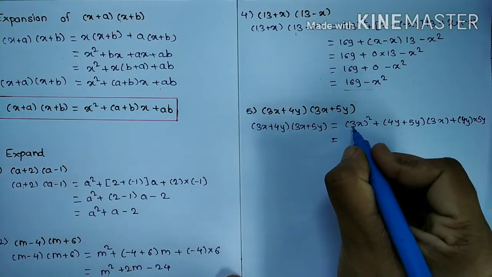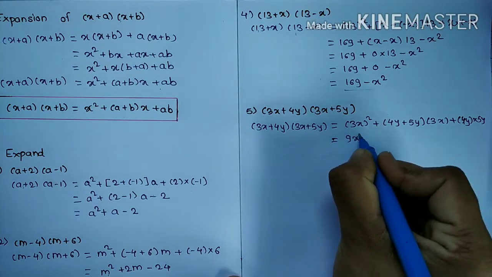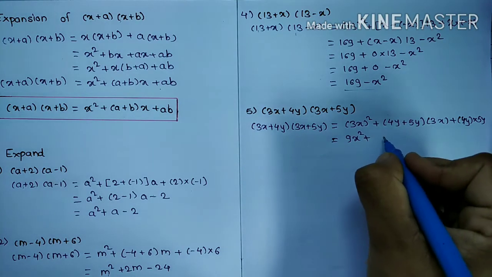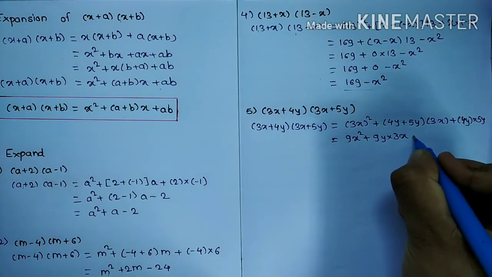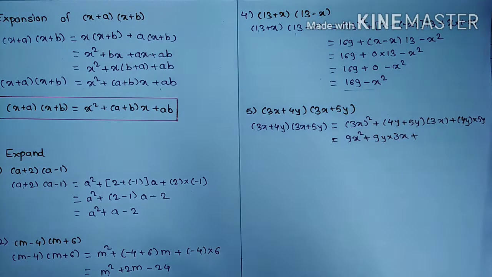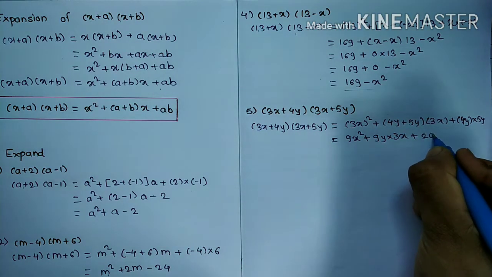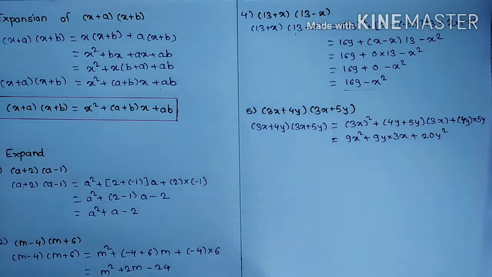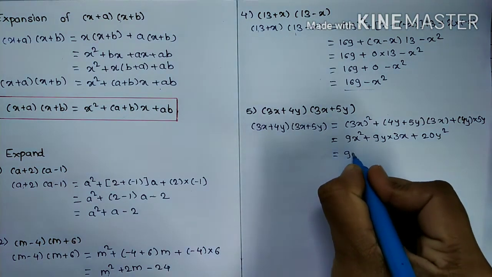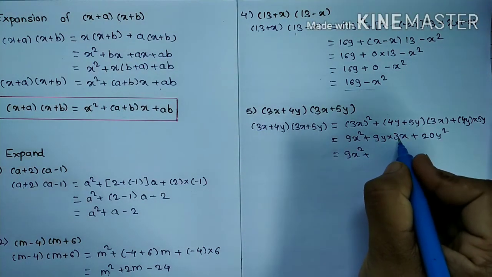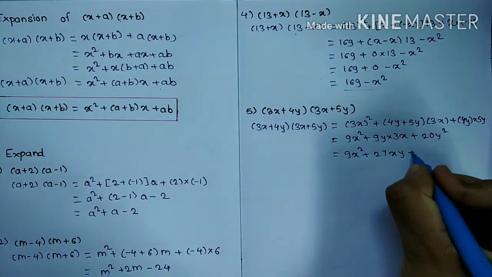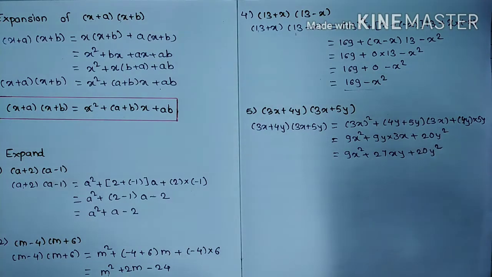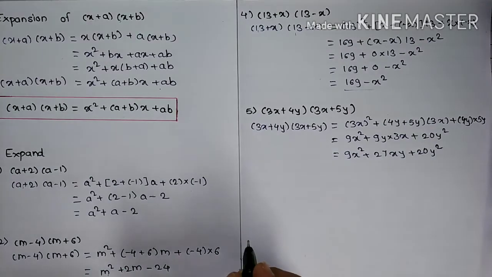(3x) square is 9x square, plus 4y plus 5y is 9y into 3x, okay, plus 4y into 5y, 4 5s are 20, y into y is y square, which is equal to 9x square plus 9 into 3 is 27, y into x is xy, plus 20y square, okay. Next example,